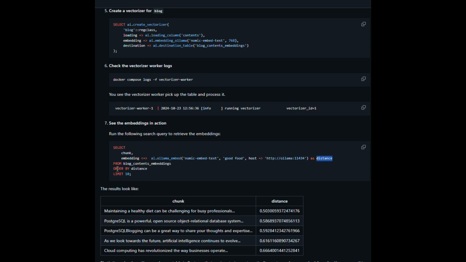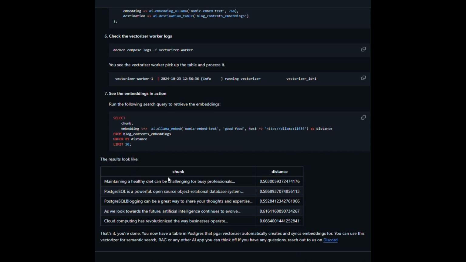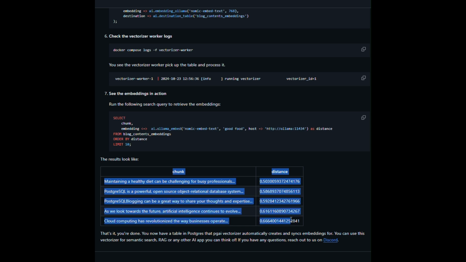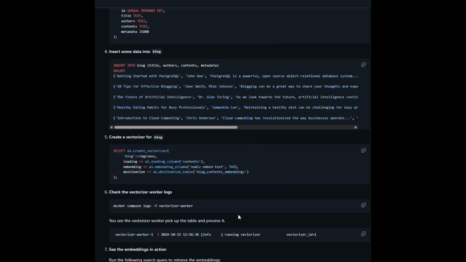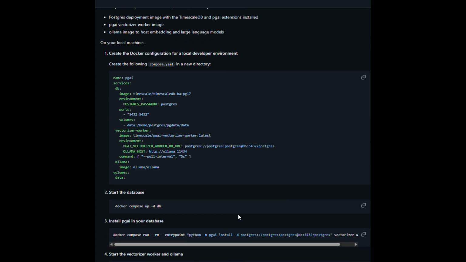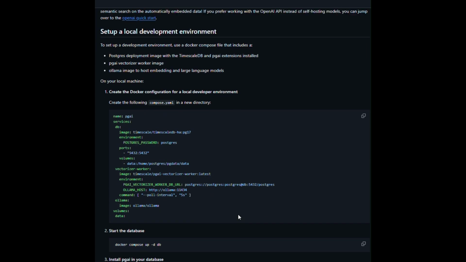By default it is cosine. And then from where exactly you want it, remember that you stored it in this particular table, so that table will be used, and with that you just do an order by and limit if you want to. This is how the result would look. You have your chunks along with the score, showing which is the closest match and which is the farthest match. Based on that you would be done, and that's all that you need for pgai to be ingested and worked around along with your